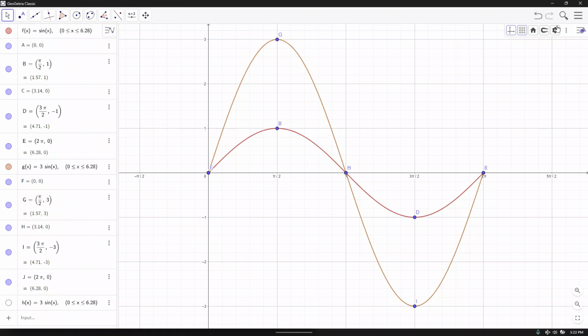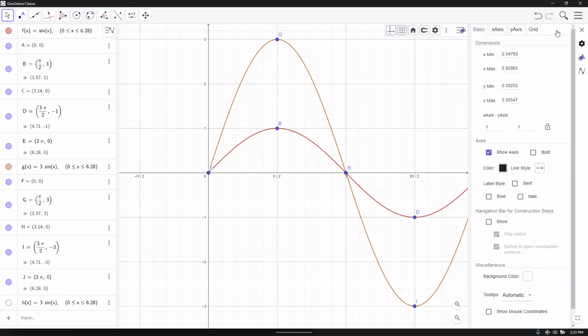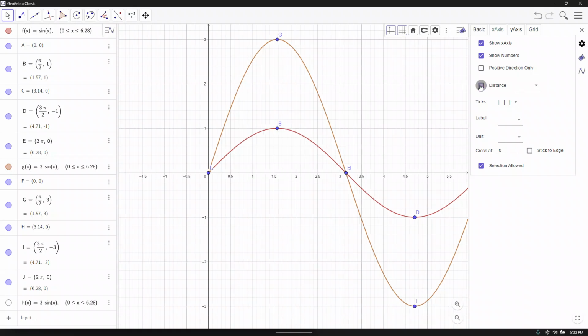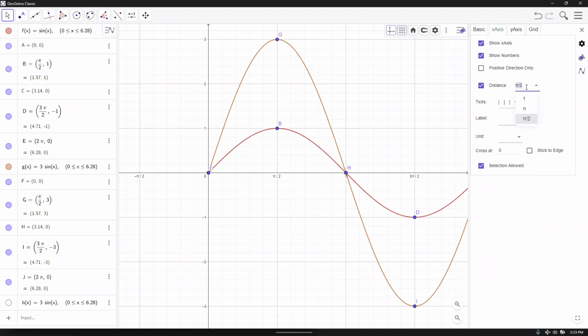Well, you go here in the gear for the settings, and for the x-axis, click on the x-axis, make sure the distance right here is checked. I'm going to uncheck, and you will see the 0.5, 1, 1.5, 2, 2.5, etc. I'm going to click distance to my preferred value. Well, in this case, you will have some by default. I already did the pi over 2. So later you would have to input pi over 8, pi over 4, or pi over something to look at other marks,